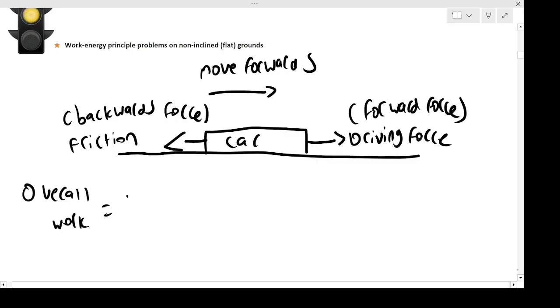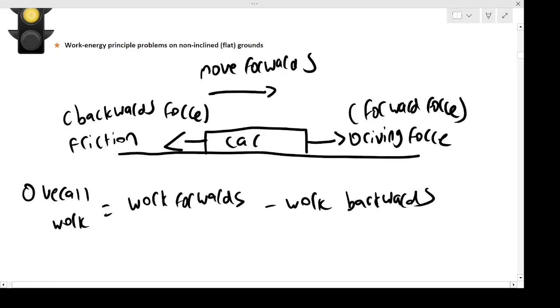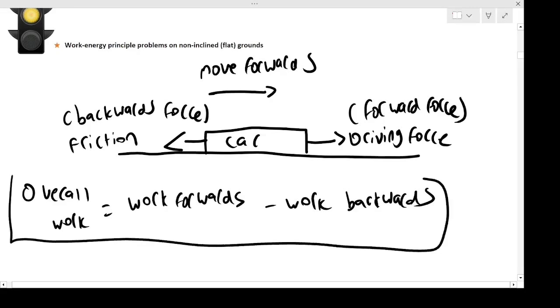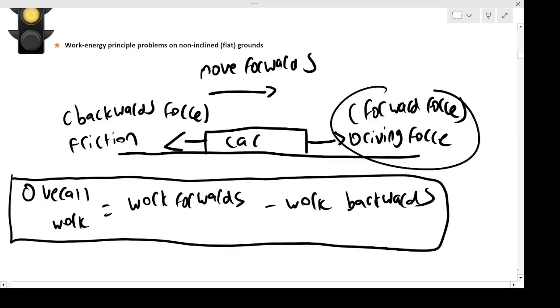So it's going to be the work forwards take away the work backwards. Hopefully that makes sense. So again, when we have this situation of two forces acting forwards and backwards, as I've just done here,